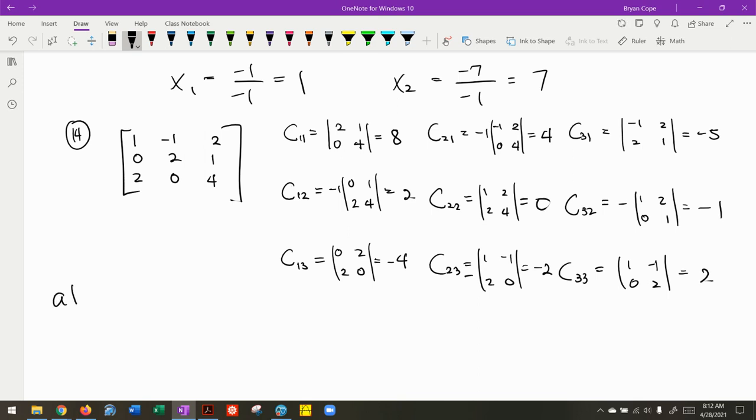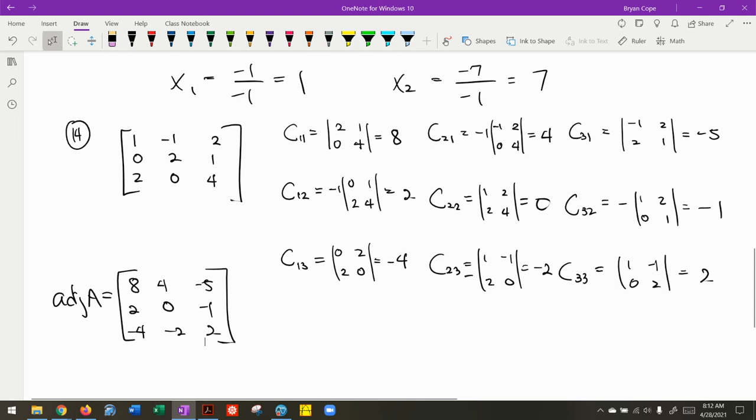Okay, so the adjugate of A, this is the result of all that work, is 8, 4, negative 5, 2, 0, negative 1, negative 4, negative 2, 2. Let's confirm that's right before we go on. Okay, adjugate is 8, 4, negative 5, 2, 0, negative 1, negative 4, negative 2, 2. Perfect. Okay, great. This means that using our theorem